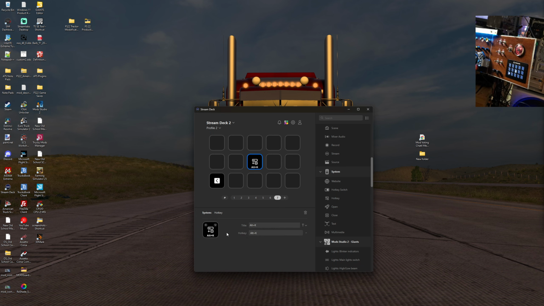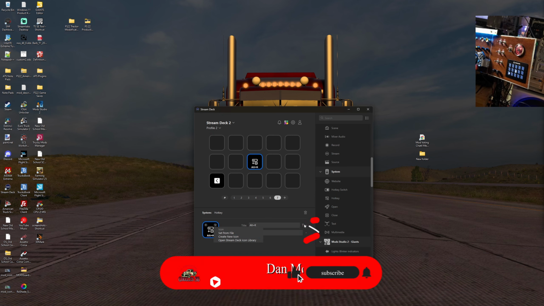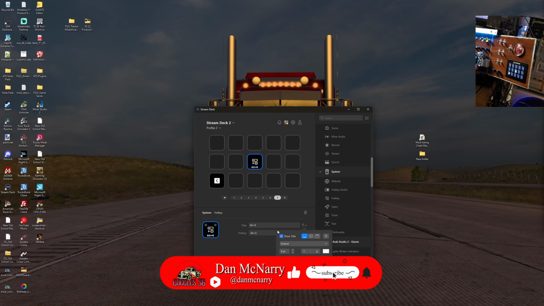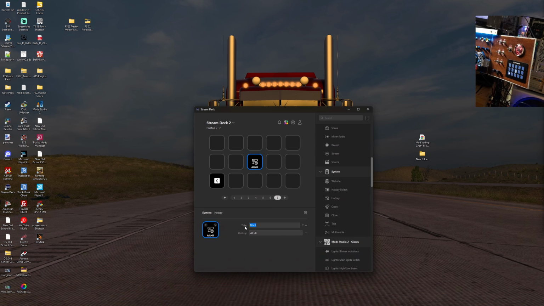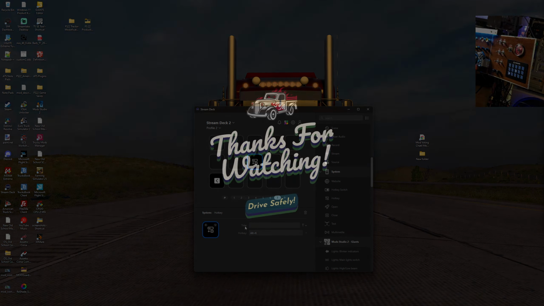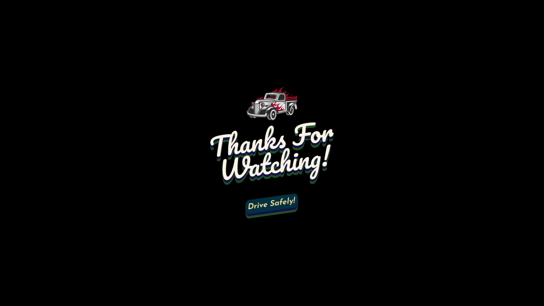So we got that part out of the way. And let's go over here, text. And the title, you can leave it as Alt-K if you want to know what it is, but I always take them out, which isn't very helpful when you're trying to remember what it was or tell somebody else, but I take it out. So let's call it